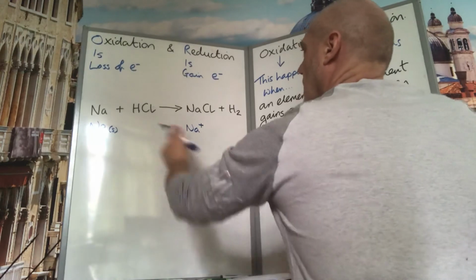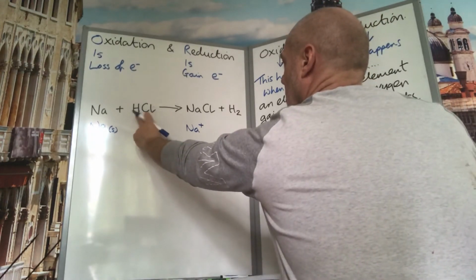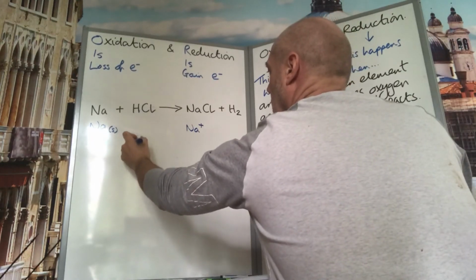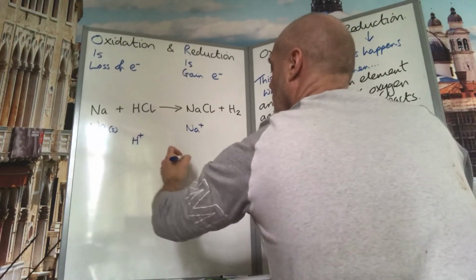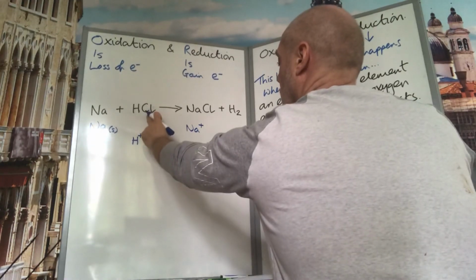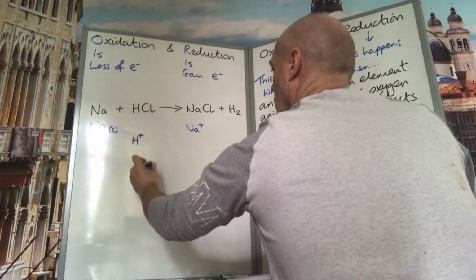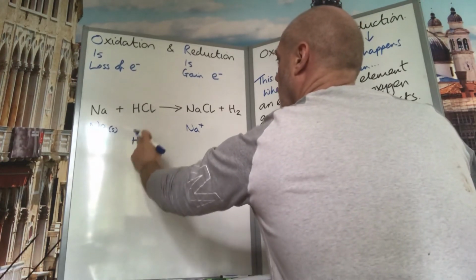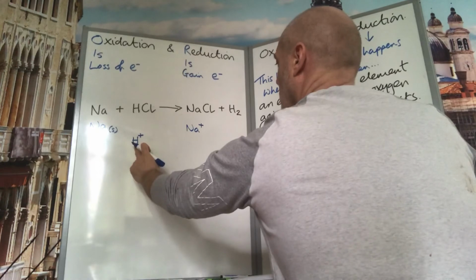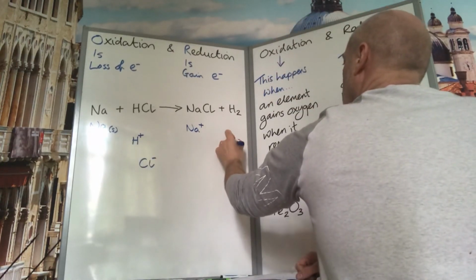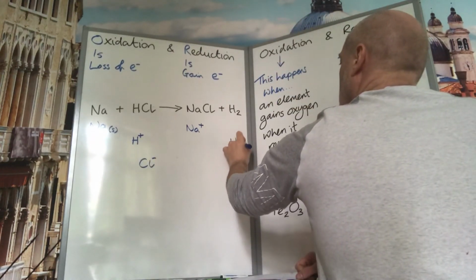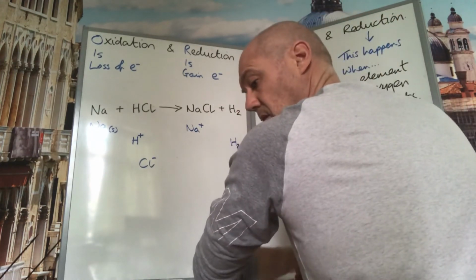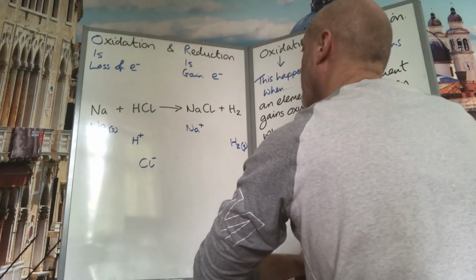Let's look at hydrogen. Hydrogen here is in a compound where it has a positive charge there. Chlorine has got a negative charge. Can write chlorine down here. Okay, so these two form that bond to make that compound. So it starts off as H+, and here it becomes H2, which is a gas, and it is no longer an ion. Okay,